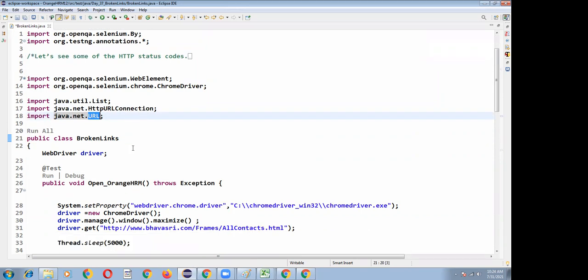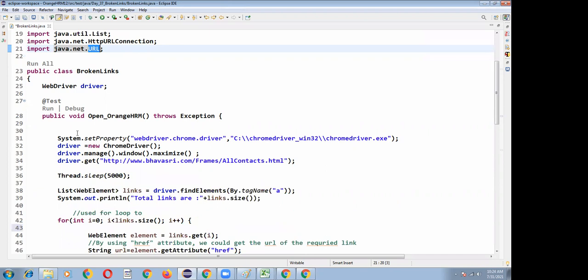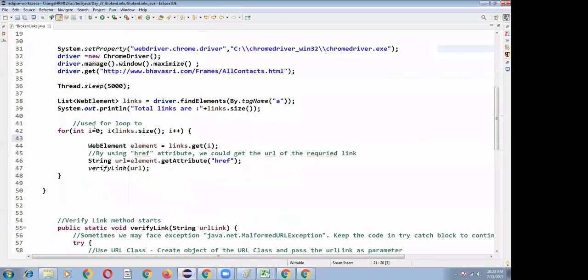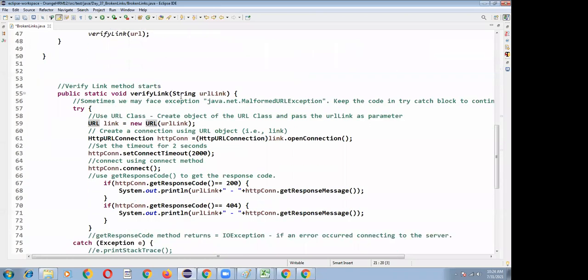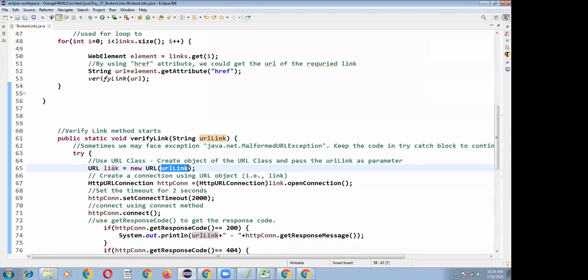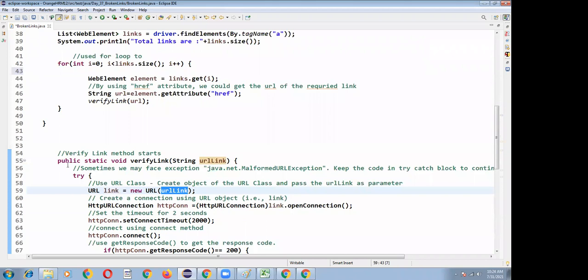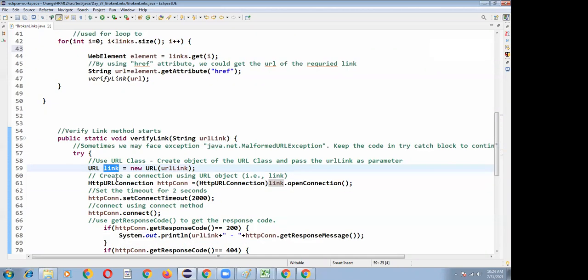How can I validate? Let's go to this logic. I imported the URL class. URL link = new URL(...) with whatever URL comes from here, so I'm creating a link object for this URL class. Then the HTTP connection is created with predefined lines of code I have written.